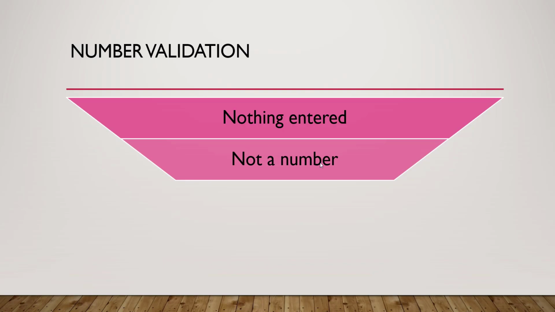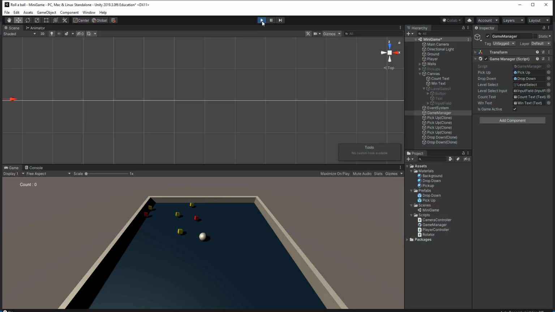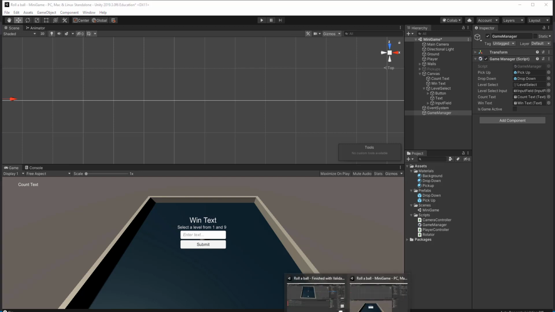The next thing we want to catch is, is it a number? Because technically at this stage I could type in a word, big, and click on submit, and it'll still work. So nothing happened and it still just played the game, which is not ideal. We want to make sure they enter a number that is valid. To do that, we're going to go once again back to our code,